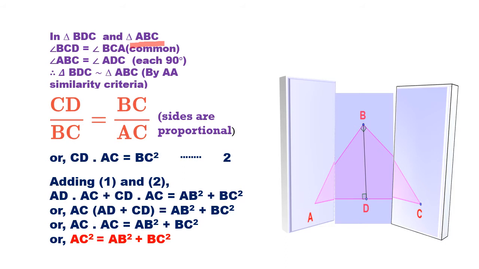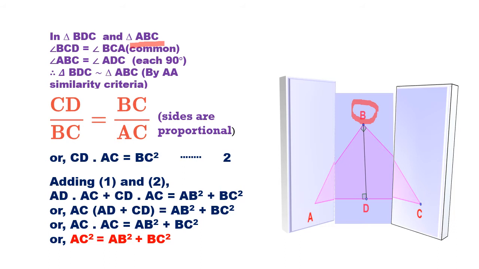In the first case we took the triangle on the left side, and now we are going to take the triangle on the right side. Just like the previous case, the same process will get repeated, so you need not think, just repeat whatever you have done in the first case. Here again you are going to take each 90 degree. In the bigger one you already know that B is 90 degree, and in the smaller triangle ADC, you are already seeing in the figure that angle D is 90 degree.